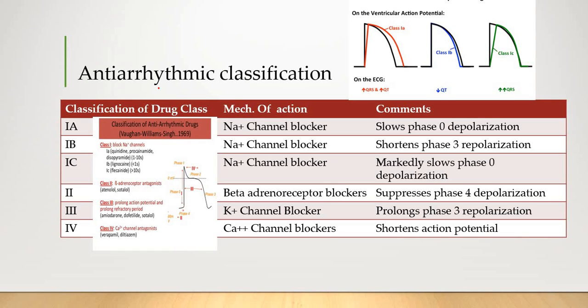So the classification of antiarrhythmic drugs is as such. They are placed how? Class 1A, 1B, 1C, followed by class 2, class 3, and class 4 antiarrhythmic drugs. Class 1 is placed in subcategories A, B, and C. And remember, in all these cases, since these are sodium channel blockers, keep in mind that class 1A is going to slow the phase zero. This was the zero phase, if you recall your memory, and depolarization is slowed down.